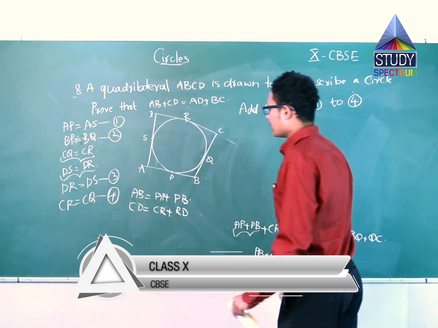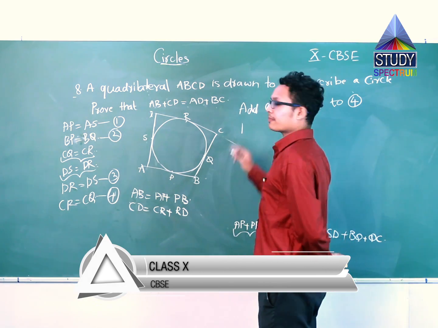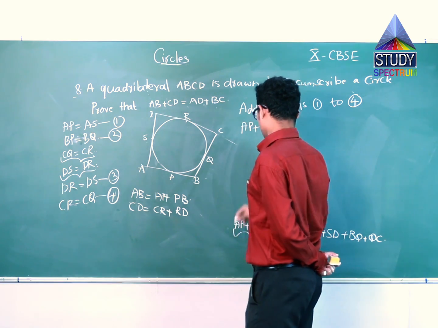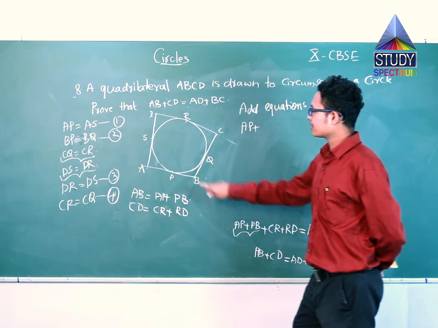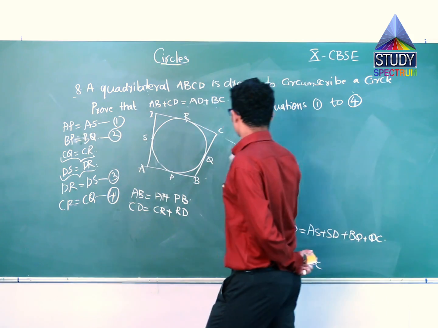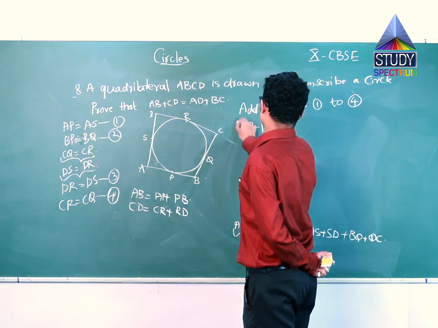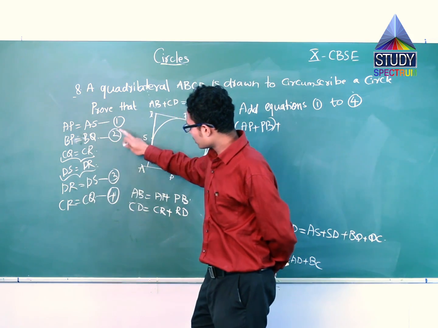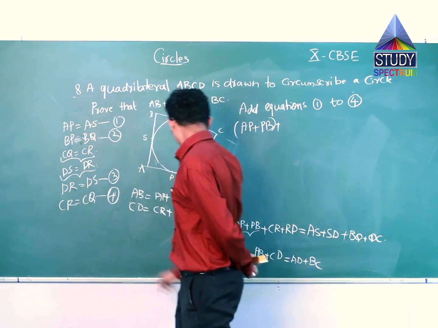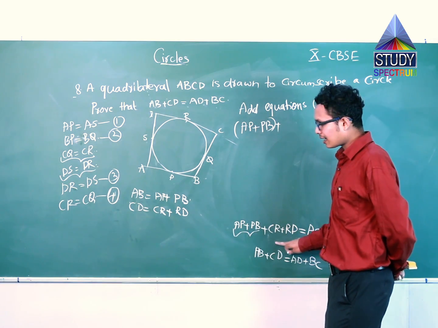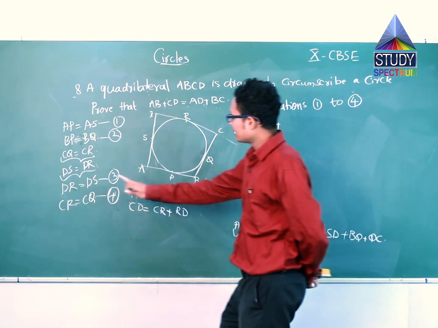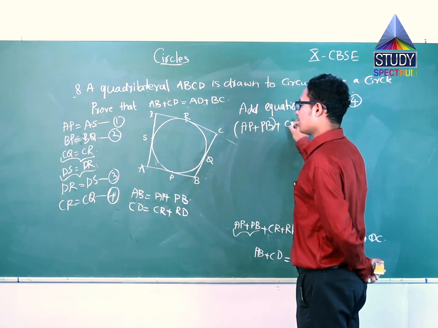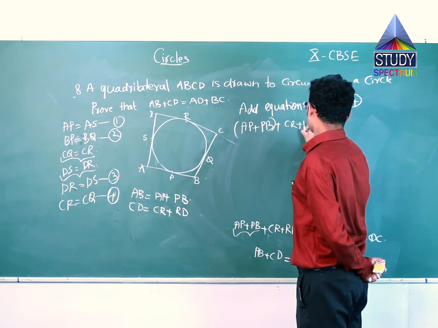So let me write AP plus PB or AP plus BP. It means the same. Since I've written PB here, let me take BP as PB. AP plus PB plus, I'm adding 1, 2, 3, 4, that is DR plus CR, or CR plus DR is also RD. So therefore I'll write CR plus RD